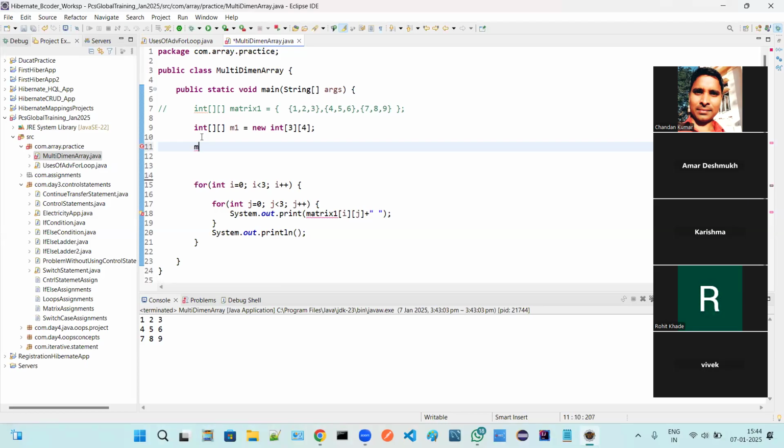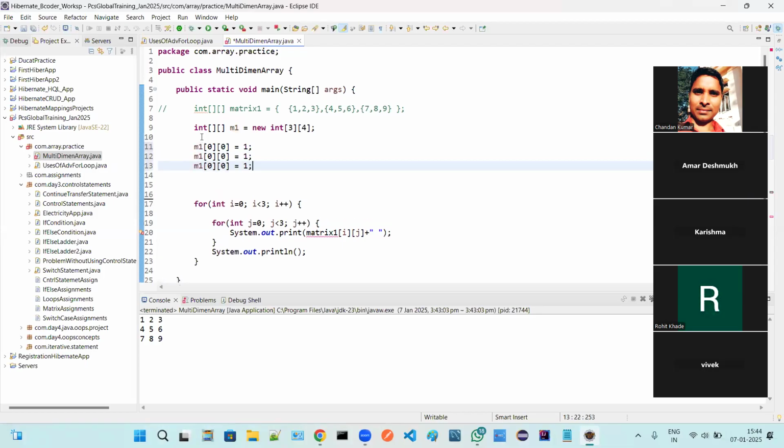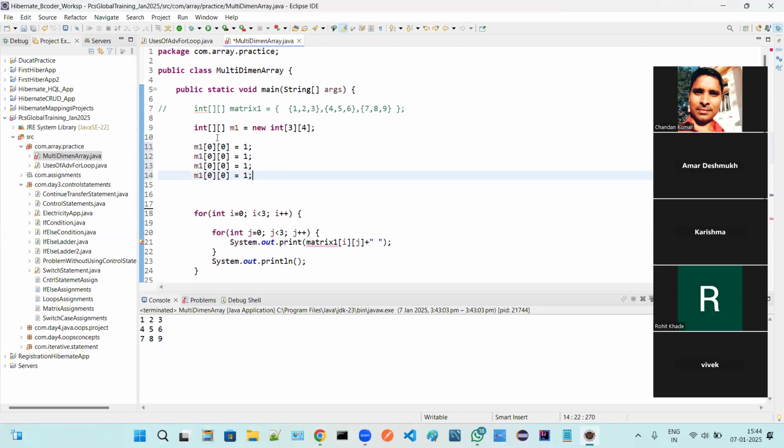So how can you do it manually? Simple. You can write index 0, 0 equal to 1. In a similar way you can copy and paste 2, 3, 4. It has 3 rows and 4 columns. For the 4 columns, 4 data items will have to be assigned.